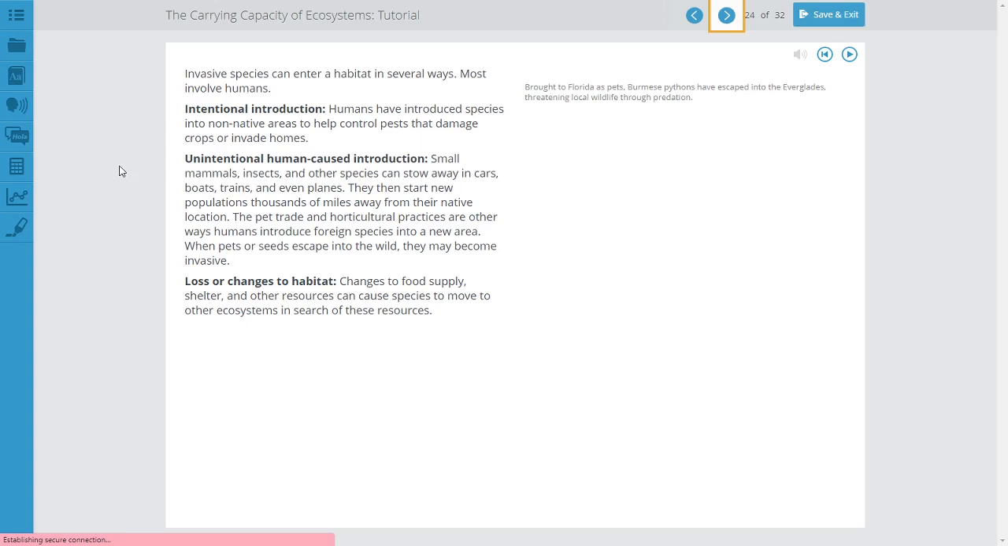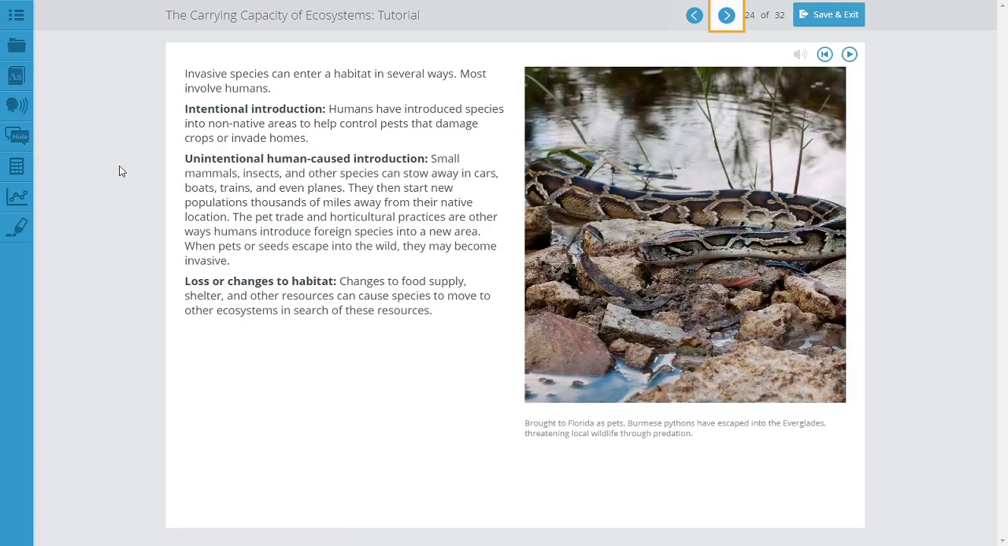Invasive species can enter a habitat in several ways. Sometimes it's an intentional introduction. Sometimes they did it on purpose, not really meaning to cause any harm. But it's like that lady brought the water hyacinth because it was pretty. But sometimes it's unintentional, and I have to think that the Burmese pythons were unintentional, but they were in a holding